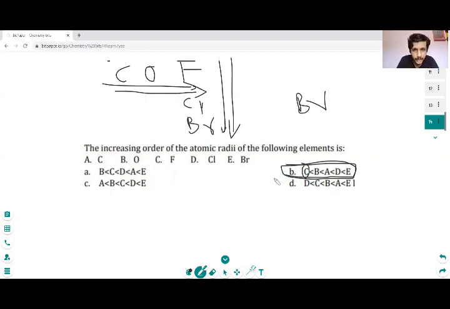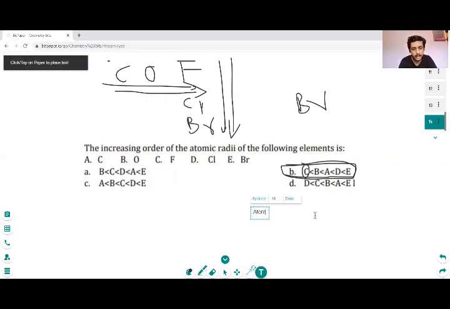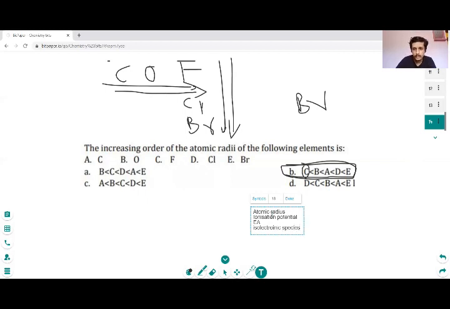So we come to the end of this video. Here we have seen a few questions based on the periodic table, and we saw how much easier they are if you know the concepts. I repeat again, there are concepts like atomic radius and ionization potential, electron affinity, and also isoelectronic species. We have to know the trend for all these.